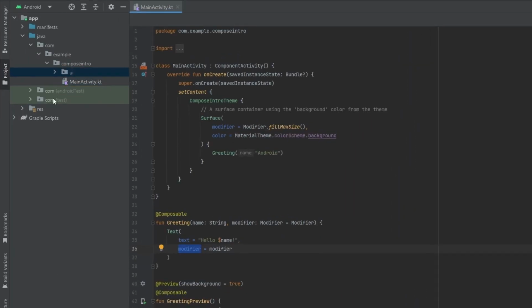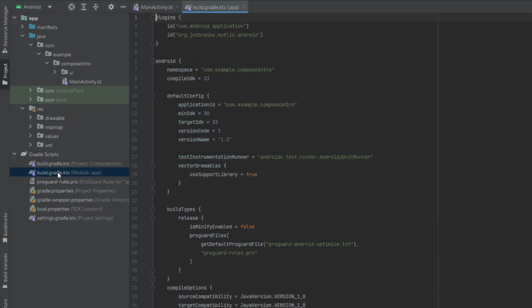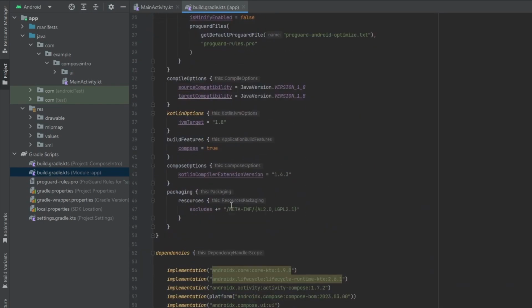Now, if you look in your project window over here, if you go into Res, you'll notice there's no layout folder like they used to have on the View system. So that's new. All of your UI is actually going to be written within these composable functions in the Kotlin code itself. And now if you look in Gradle scripts and go into your app level Gradle scripts and go down to the bottom,